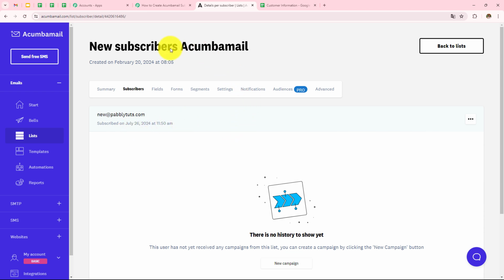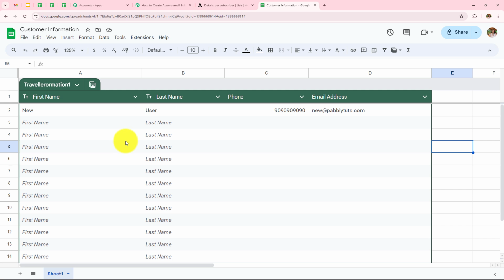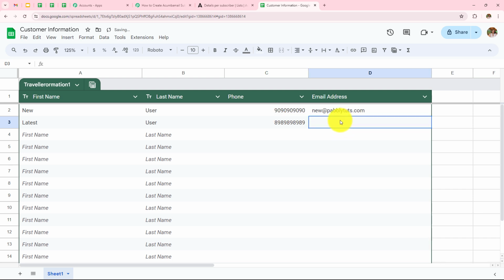So to check whether this automation is working perfectly fine or not, let's go back to our Google Sheets and enter some other dummy details over here. Let's say my first name is latest, my last name is user, my phone number is, and my email address is.